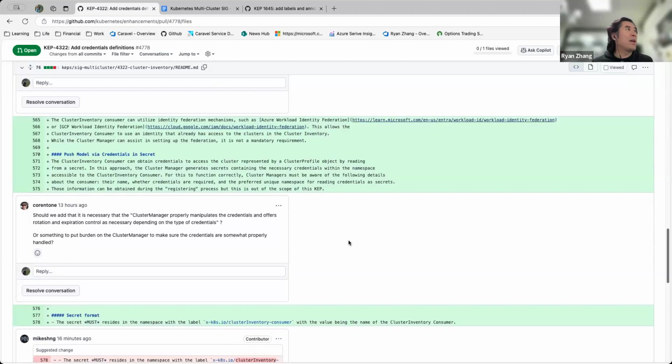The secrets are still basically the same as what we put into the API. It's just, instead of being in the API, it's more like a cap. Like, describe it. We will put a secret into a namespace that belongs to that consumer, and those secrets will have labels. The namespace will have labels so that we can have RBAC access control based on those labels.